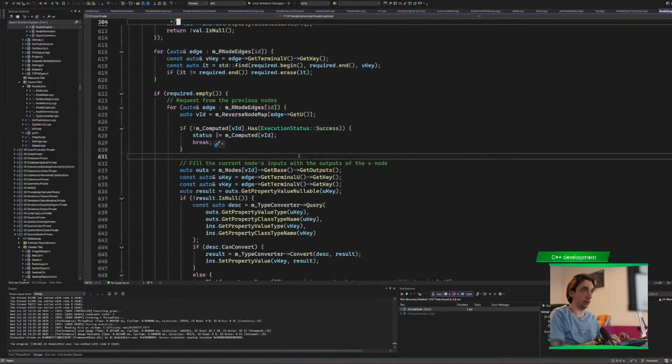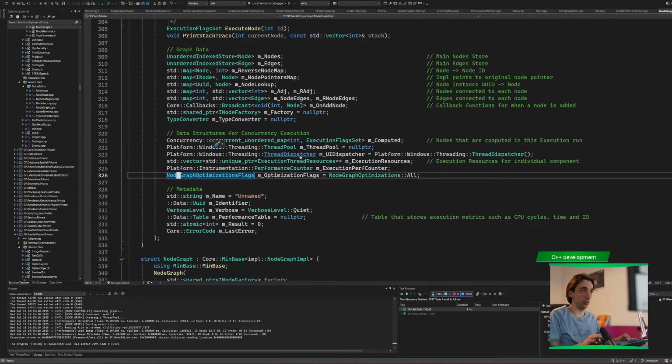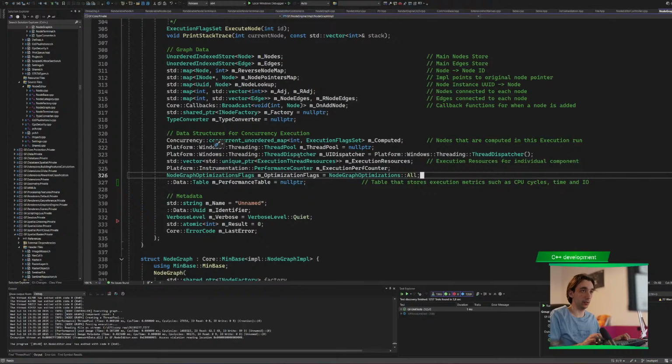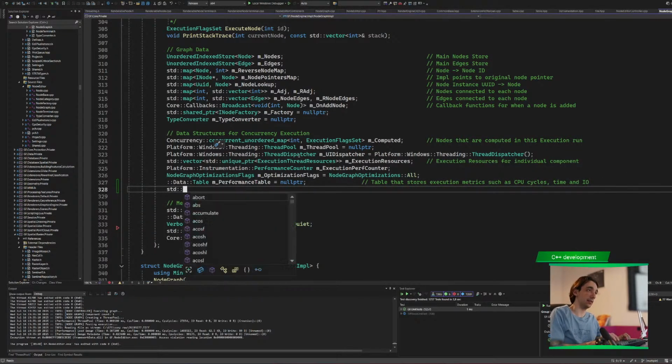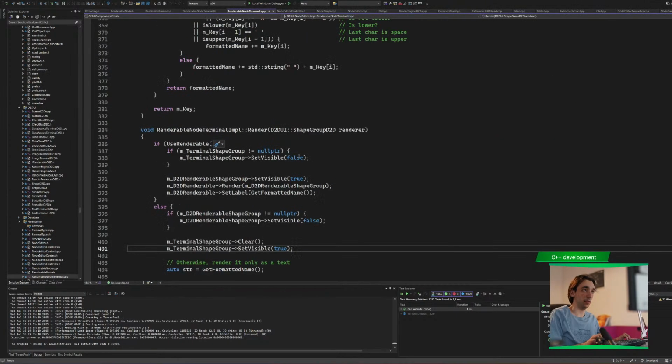I can have a mutex that will protect the performance table. I will put it here, the table that stores this, and then I will have a std mutex, performance table mutex. And now I can